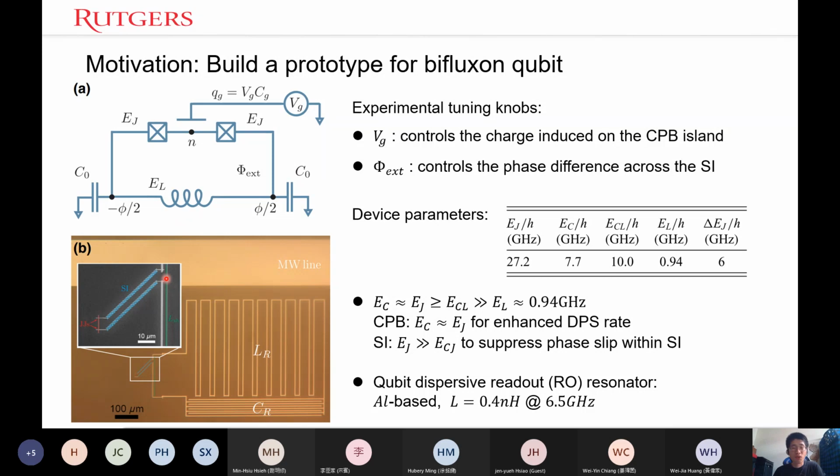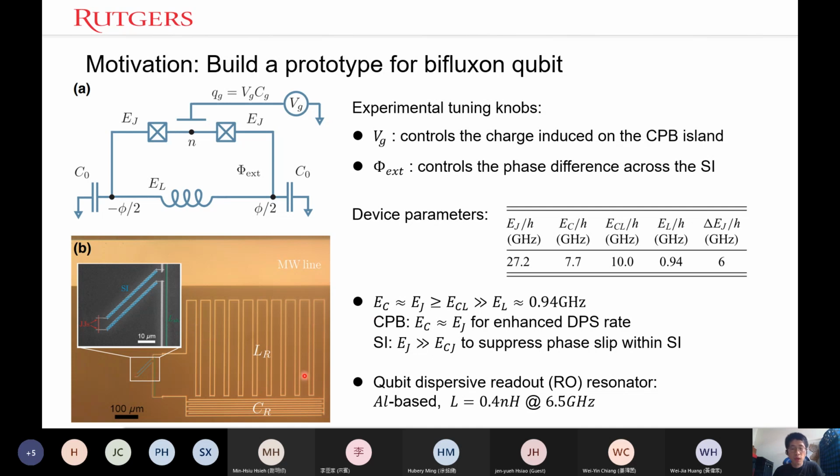And before I leave this topic, we're still working on using the granular aluminum superinductor. Again, the reproducibility is not as good, so we're still kind of struggling. But anyway, this is the demonstration with a junction superinductor, and the qubit formed by a Qubit box and the superinductor is coupled to the lumped element LC